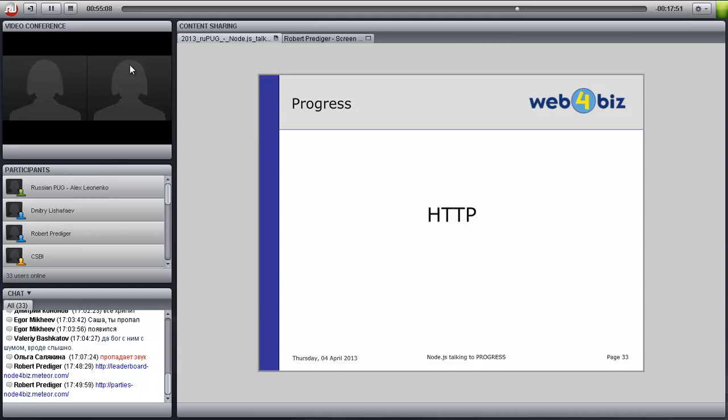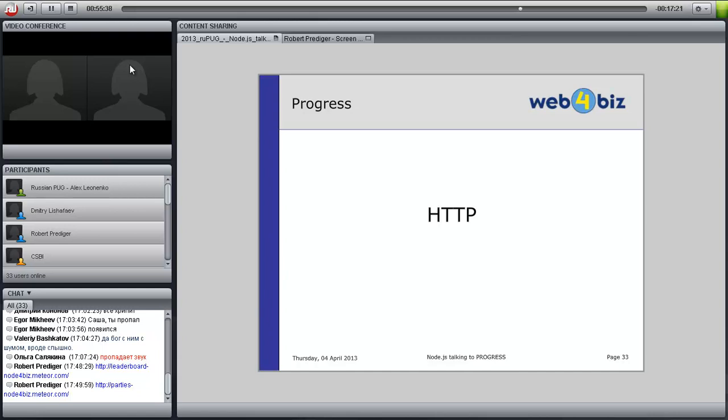From Progress and from Node side, making an HTTP request is very easy and very simple.